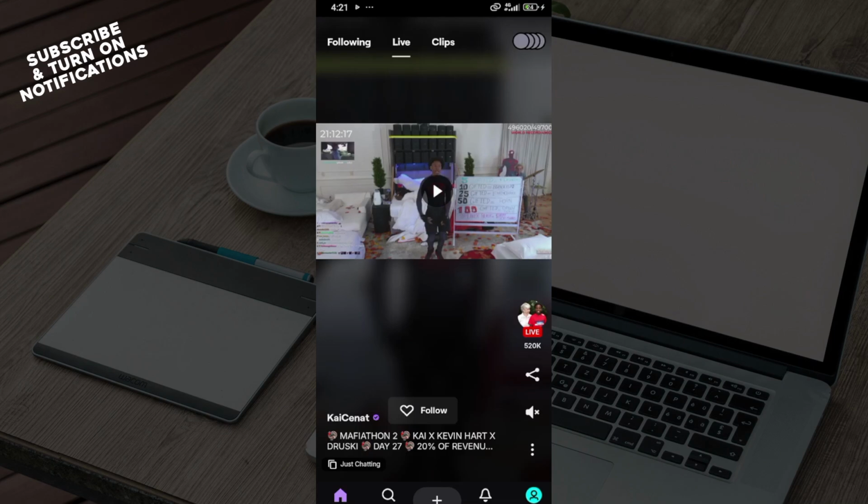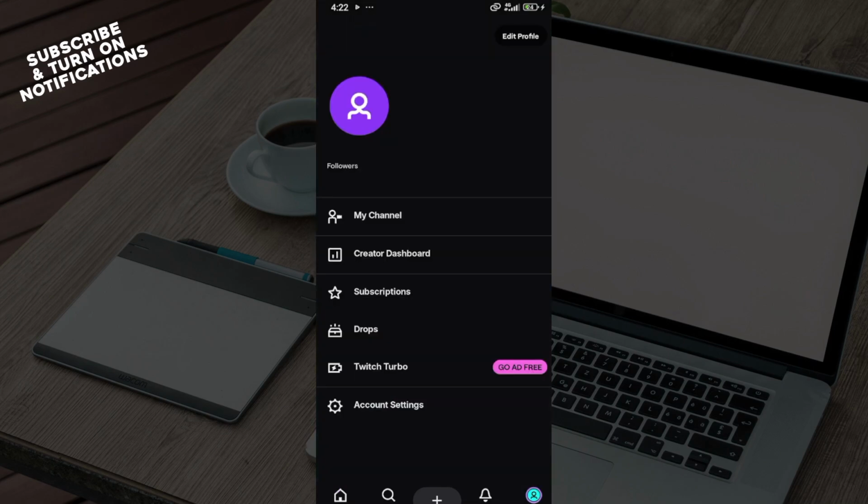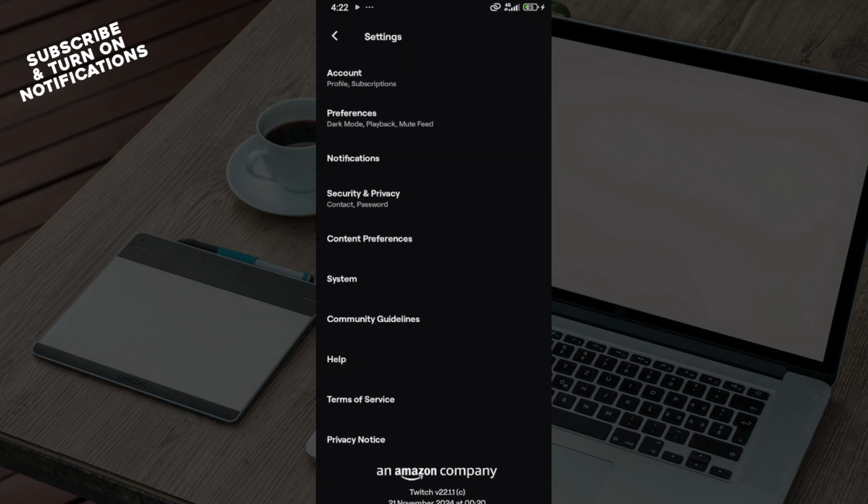The first step is to log in to your Twitch account. Once you're logged in, the next step is to move to the bottom left corner where you can see your profile icon and click on it. On the profile page, the next step is for you to click on account settings, and then on the account settings page, you can see some options. Go ahead and select security and privacy,